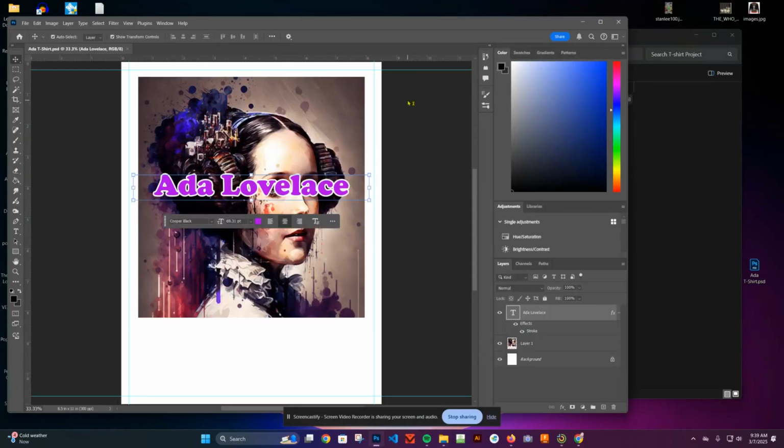Okay, so this is my Ada Lovelace art that I want on a t-shirt. And it might not be obvious to you why I went through the process of having you set up those folders, except that I'm telling you that it's a little bit of a better method. But hopefully it becomes a little bit more obvious now as I'm going to make some changes to this file